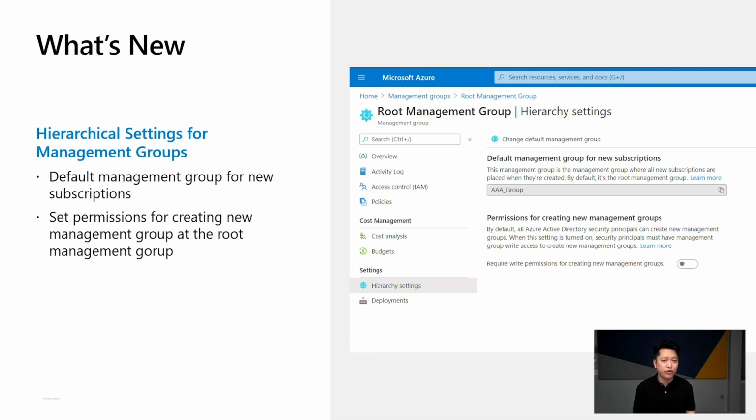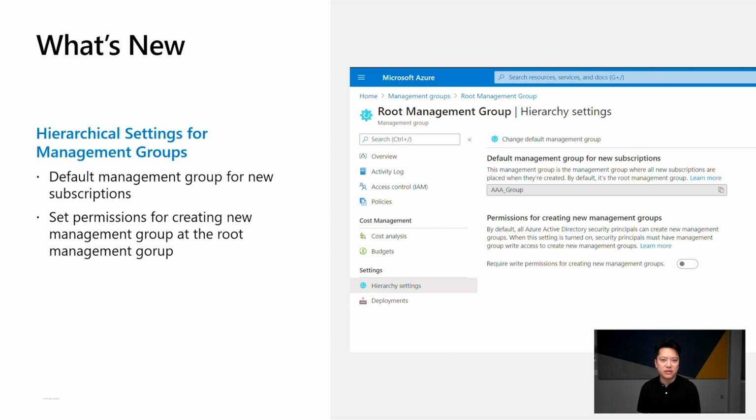Now, this may not be what you want, because this forces you to make sure that all of your baseline policy has to be applied at the root management group. And that's not necessarily where you want to place the majority of newly created subscriptions and the controls for them. So the default management group will solve this problem.